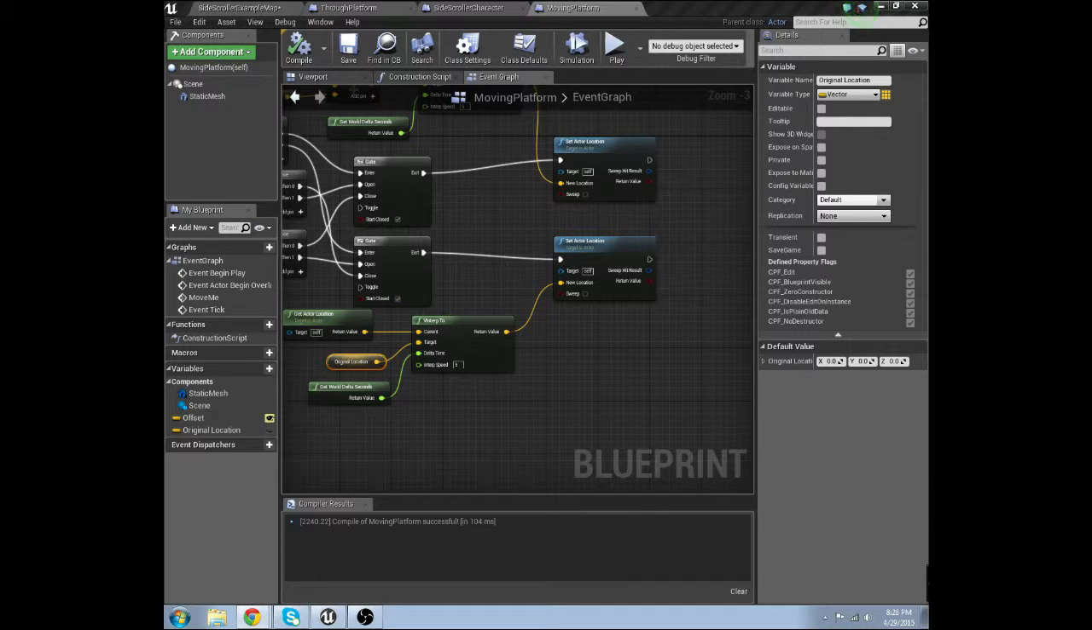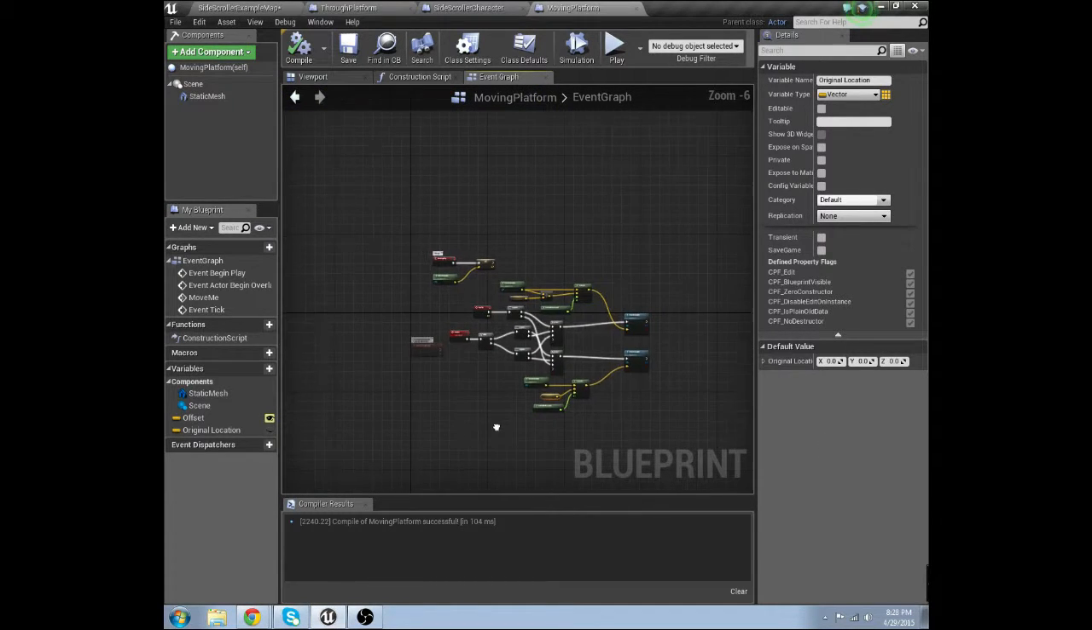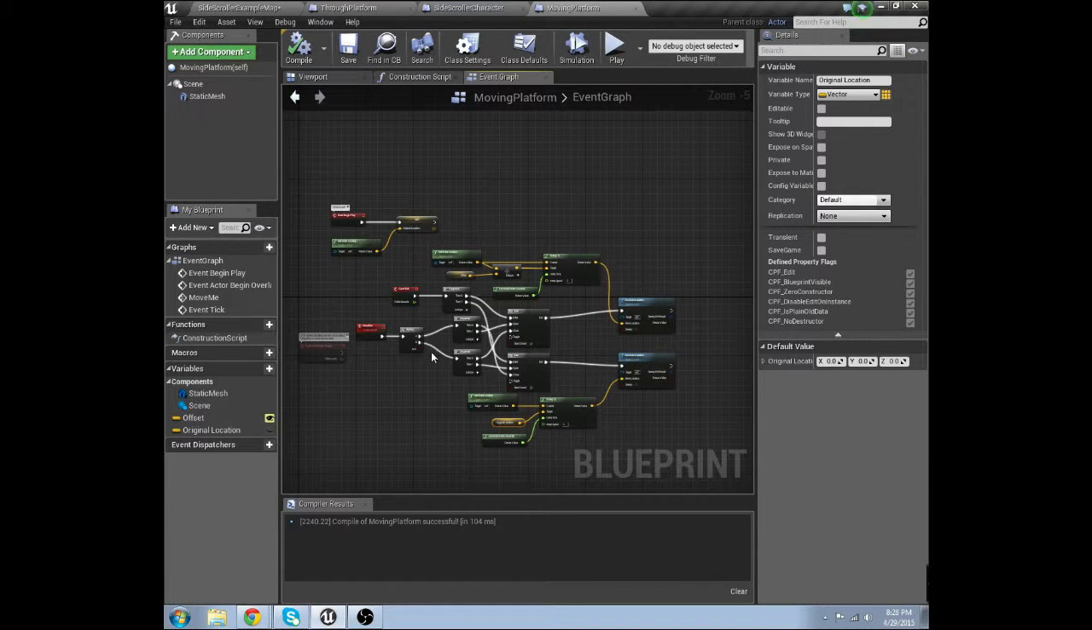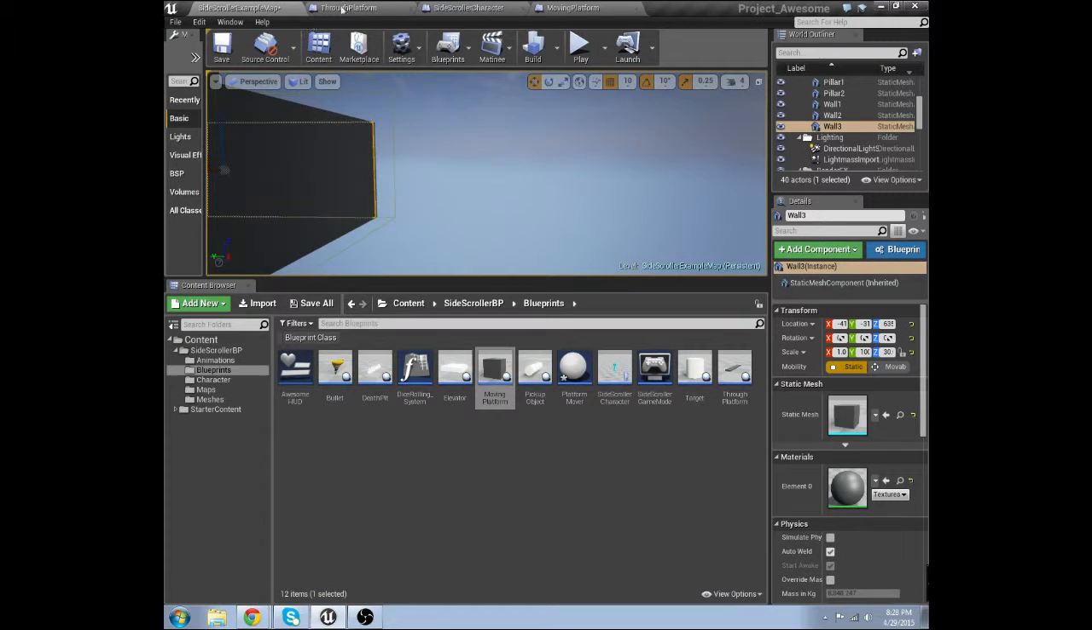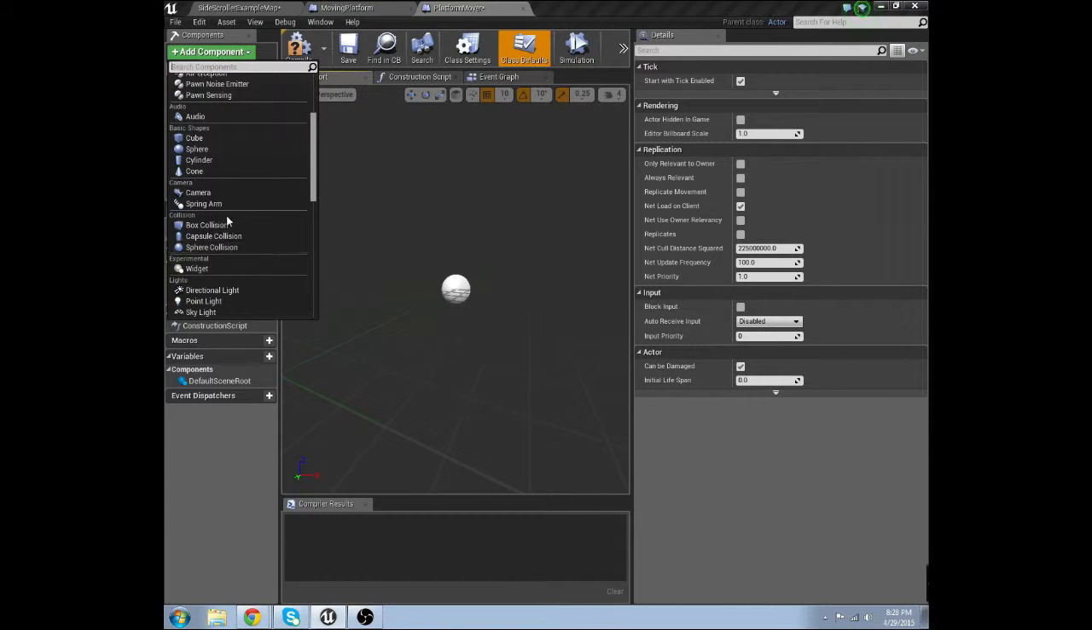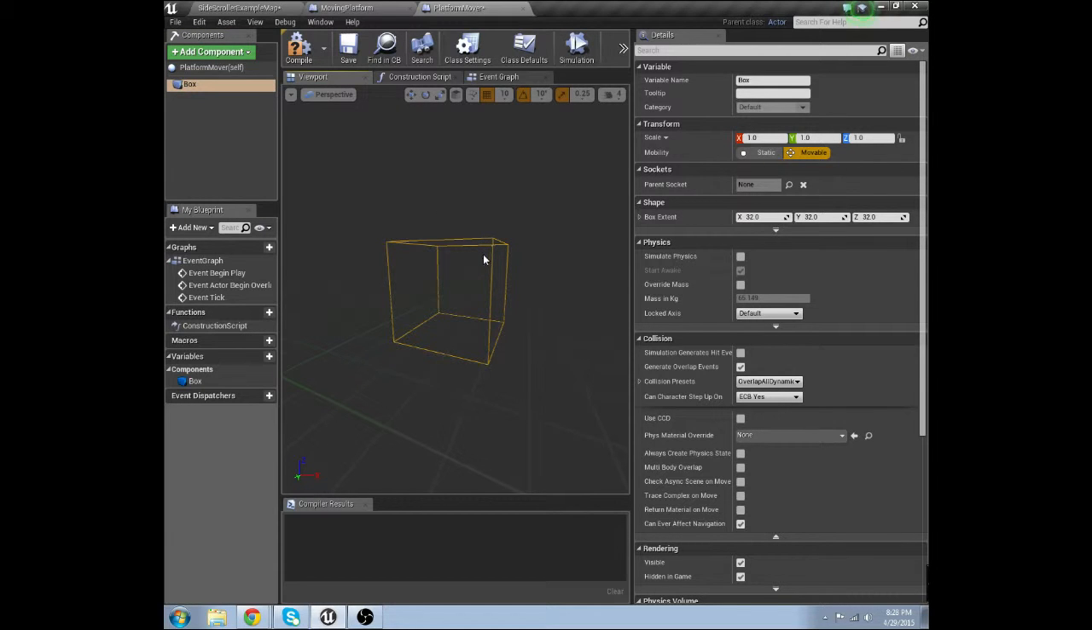Okay, and that is the beginnings of this. This is pretty much all you're going to need in your actual platforms. The rest of it is going to be done in your platform mover. And let's see, get rid of this, get rid of this. Where are you? Platform mover. Okay, all you need for components in this is a collision. I'm going to use a box collision because it doesn't really matter what you use, but I like box collision. It's very simple to use, very